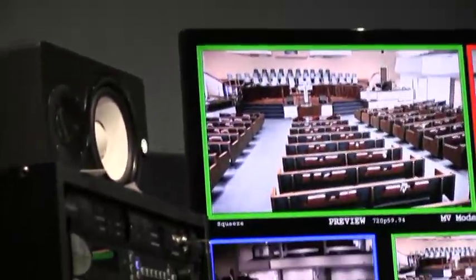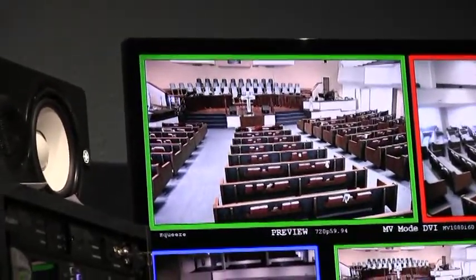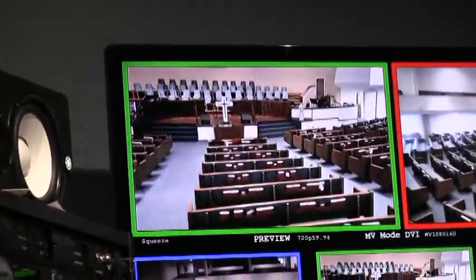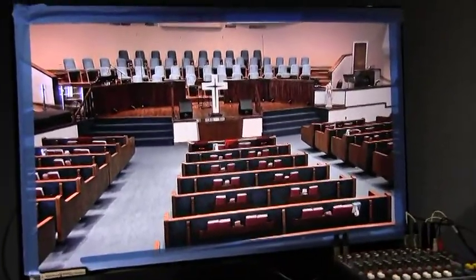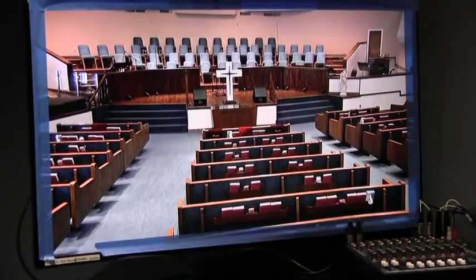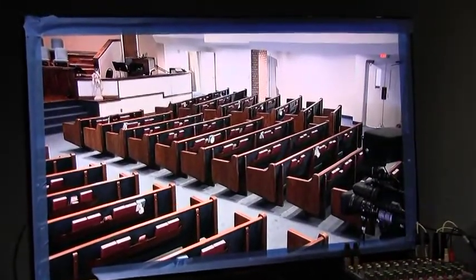And again, as long as camera 4 doesn't do crazy things like real fast moves, I have the ability to always have that wide shot to go to. So let's say you're over here and now you need to get to the pulpit. Well, instead of wham, zip into the pulpit, you just go ahead